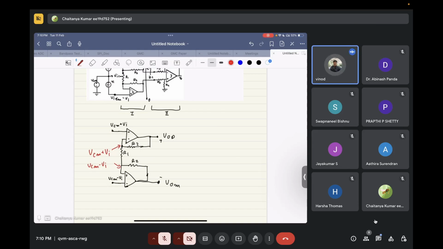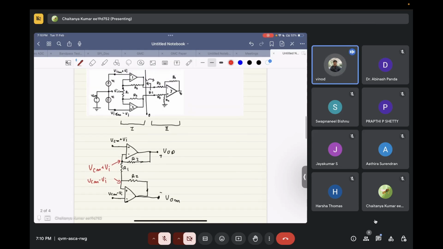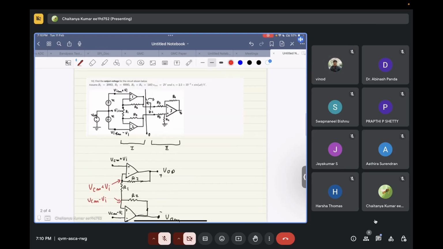Yeah, the doubt I got is, since it is VCM, I thought it is a common mode gain, common mode voltage. So how will the common mode voltage get amplified in the instrumentation amplifier? So I thought common mode, okay. So the way to do it, what you can exactly do is